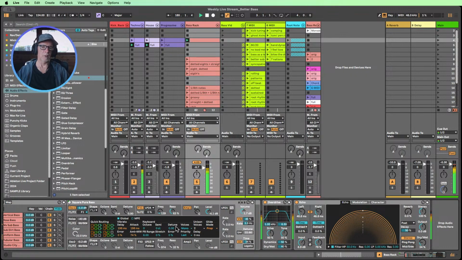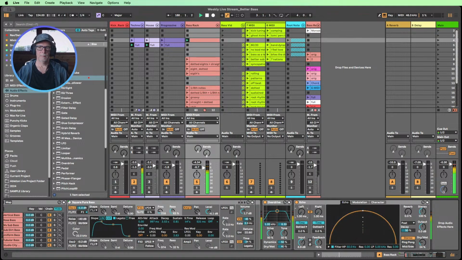So excuse me while I go down the rabbit hole. Try out our other patterns down here that we've made.